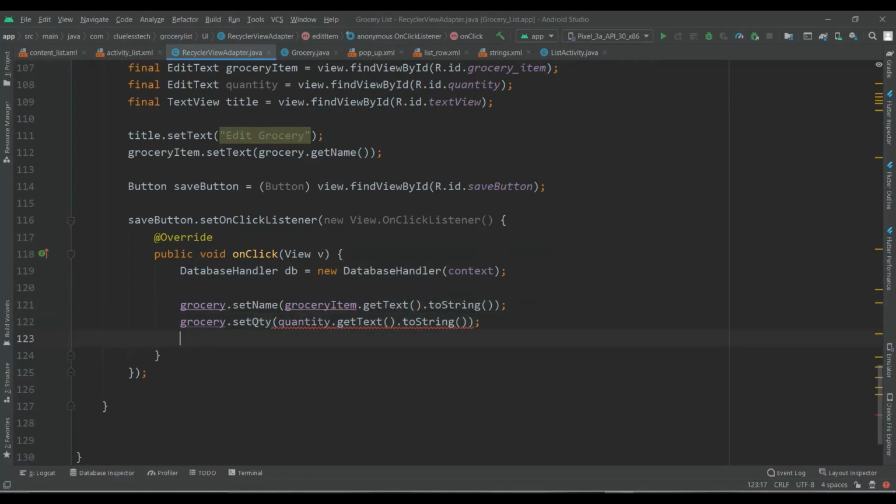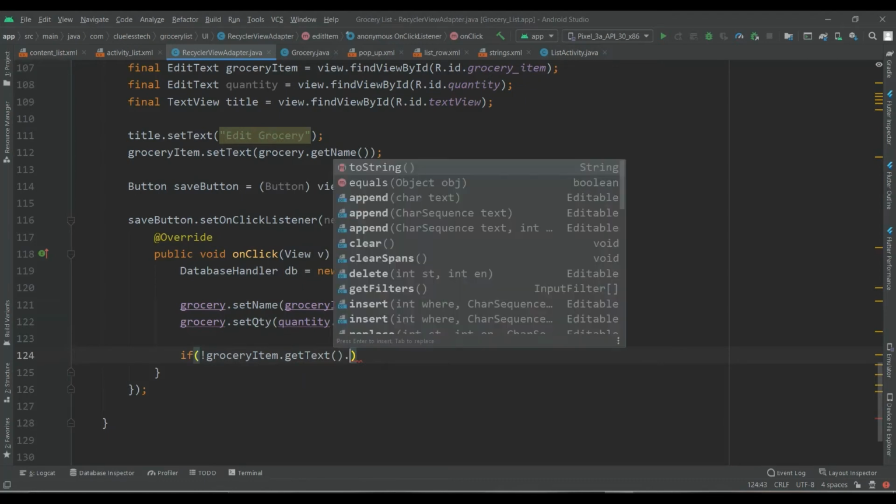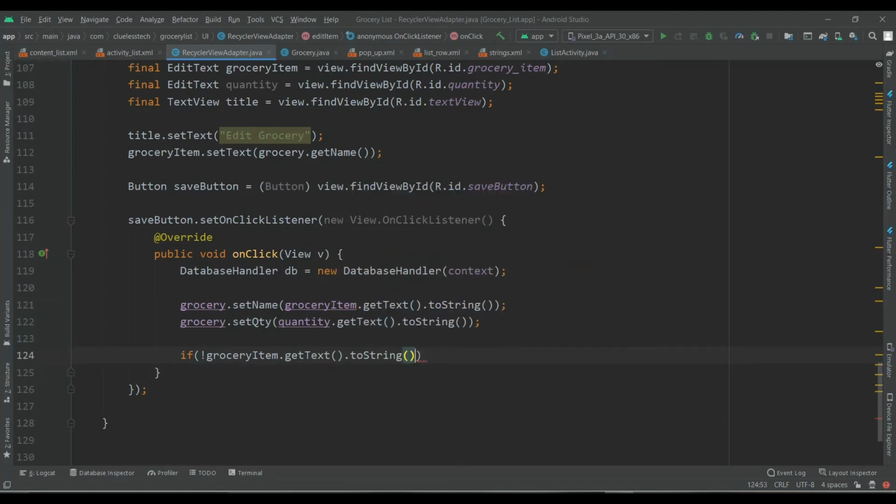Okay, and we will do the null check for both the records. If groceryItem.getText().toString().isEmpty(), and not here with an exclamation, so not empty.